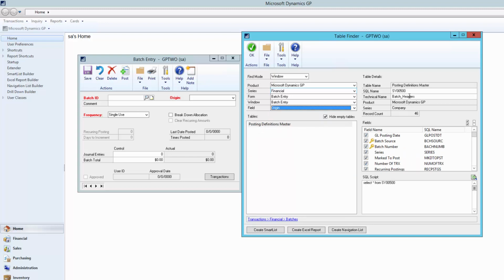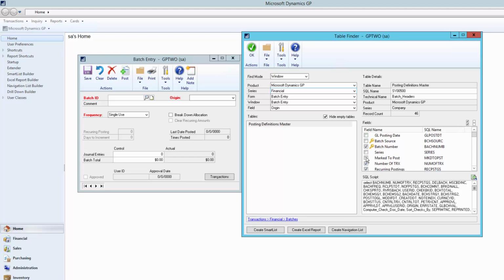Over on the right hand side, you can see a little bit more about that table, such as what it's called in SQL, what the record count is, and what series it's going to be in if we were looking for the table ourselves. On the bottom half of that right side, you'll see the fields that are in that table, and then we can build a SQL script there based on those fields.